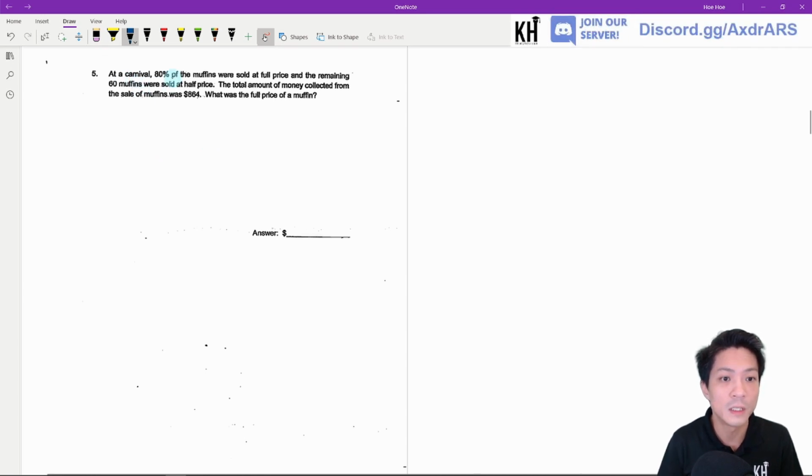At the carnival, 80% of the muffins were sold at full price, and the remaining 60 muffins, okay, were sold at half price. The total amount of money collected from the sale of the muffins was $864. What was the full price of a muffin? Okay, so the first thing that we want to find out is how many muffins are there altogether. Okay, if 80% of the muffins were sold at full price and the remaining 60 muffins, so the remaining is